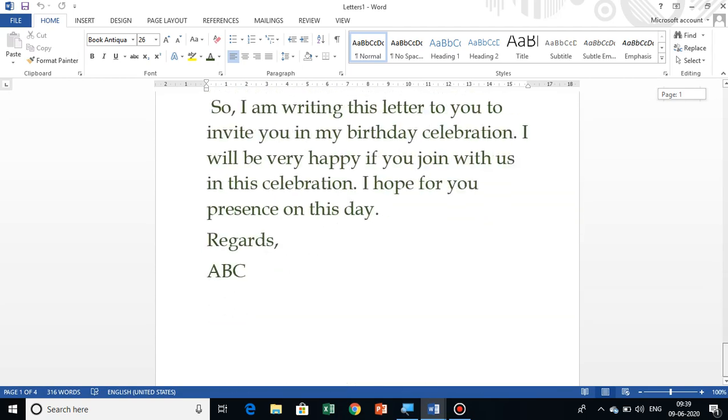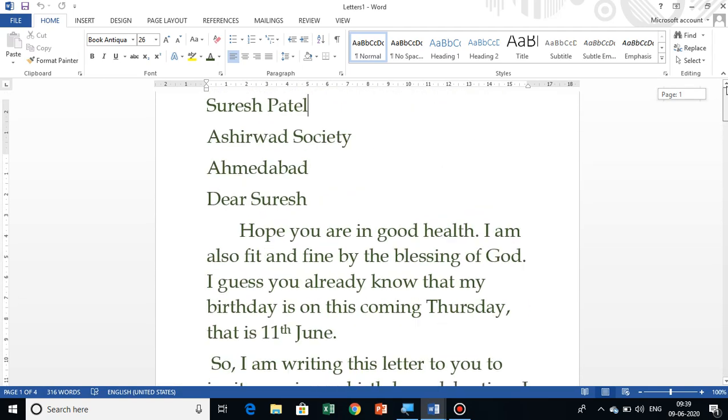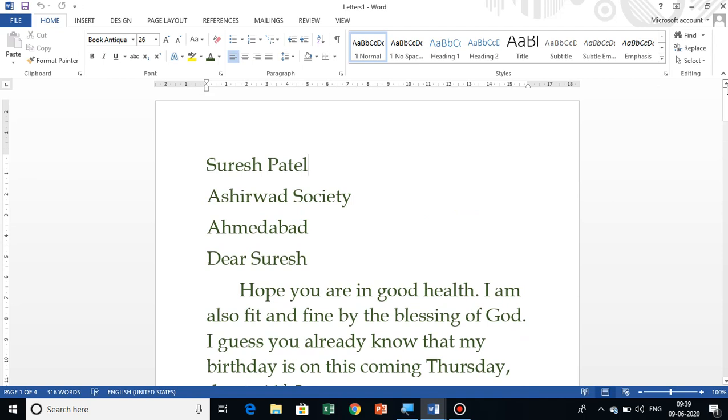Clear everyone? So this is the use of the mail merge option, when you have to send the same letter to more than one person and you want to save your effort and time. At that time you can use this mail merge wizard.